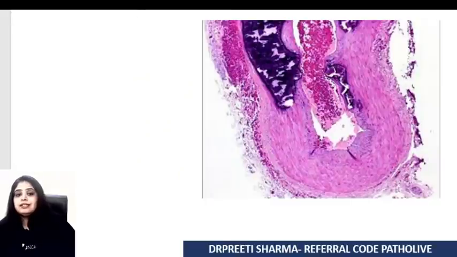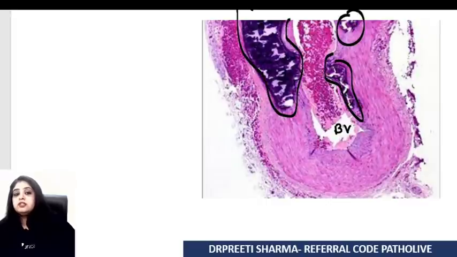Well, for calcium, we get another question. What is this organ? That's the first thing that you need to know. So you'll say a lot of red blood cells. So this is definitely a blood vessel, and something in the tunica media. This time you're seeing calcium in the tunica media.